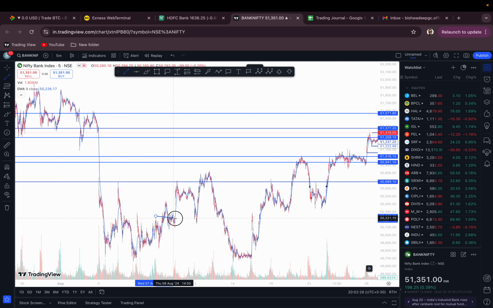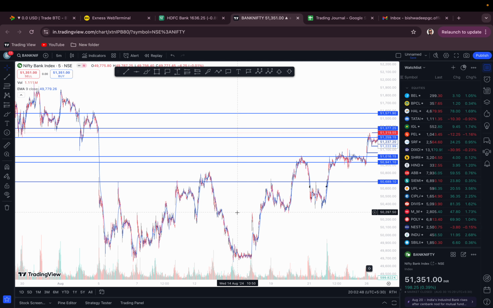Here you need to draw it manually, but the horizontal line comes automatically whenever you place the pointer at that particular position, but the trend line you can usually